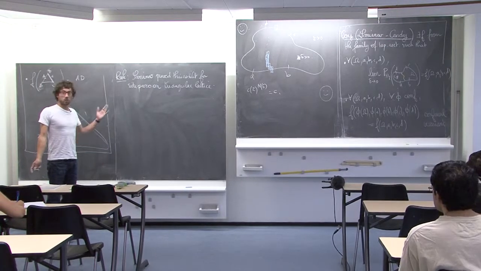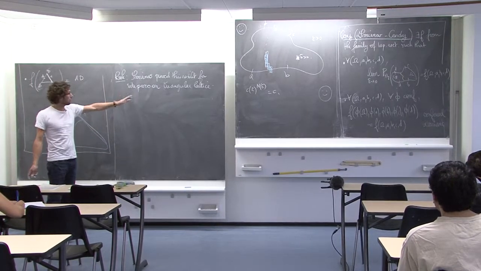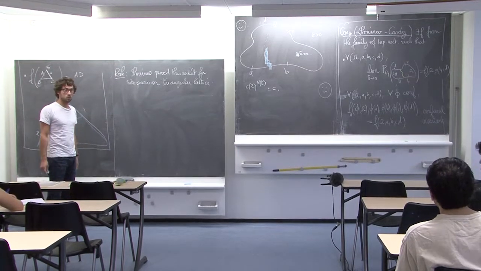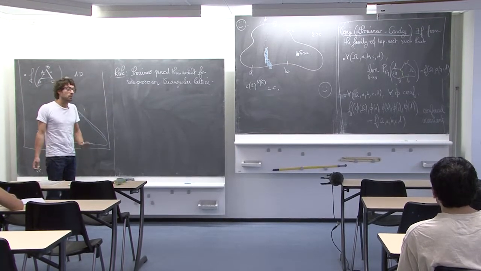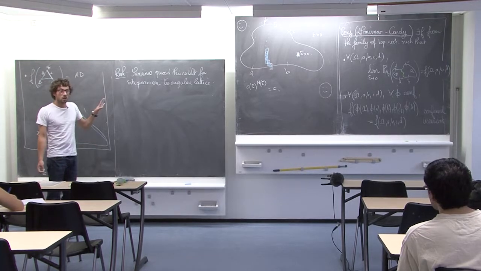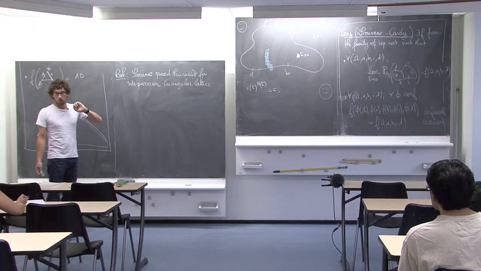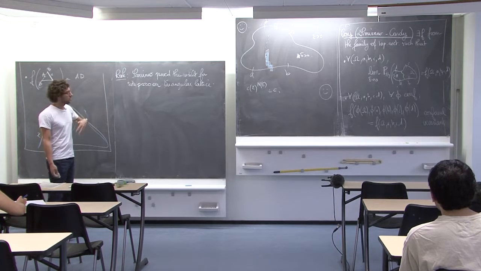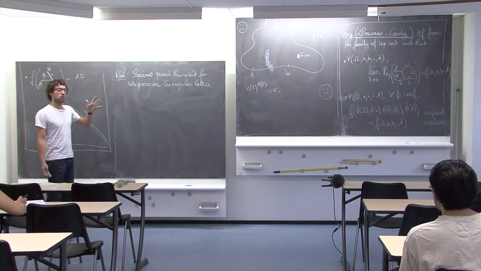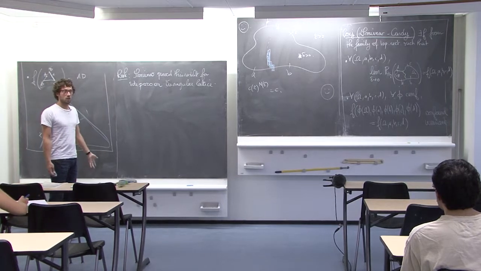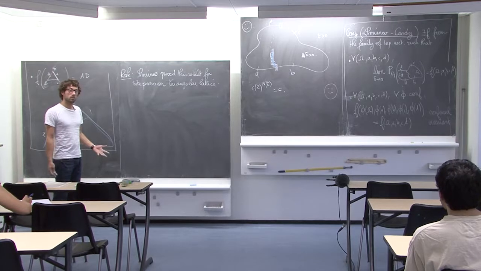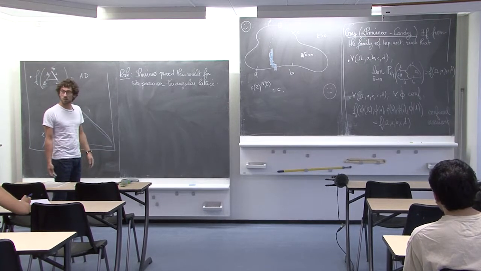A priori, let's assume we prove it for some model, there is no reason why it would be simple to prove it for another model. In fact, a priori, there is no reason this should be the same answer. But there is a concept called universality, which tells you that whatever model you take at criticality, in the planar case at least, you should get the same result. I will go back to this concept a little bit later in the class.